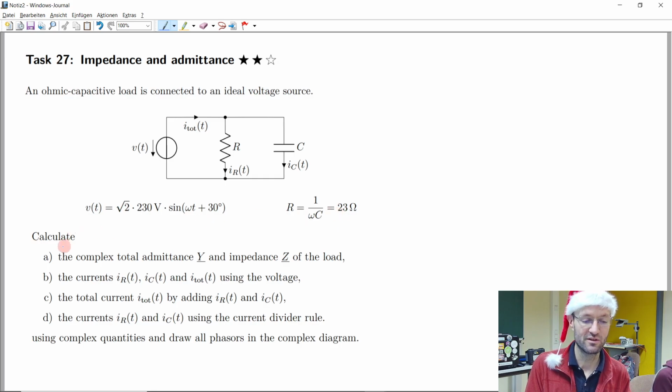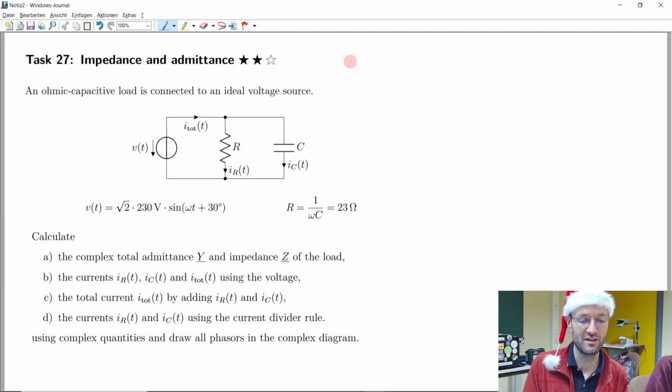And so now we should calculate different things: complex total admittance and impedance of the load, the currents using the voltage, the total current by adding this, and the currents using the current divider rule, of course, because it's a parallel circuit. And this all using our complex quantities, complex phasors, and then we should draw a phasor diagram in the complex plane. And okay, maybe before we do this,